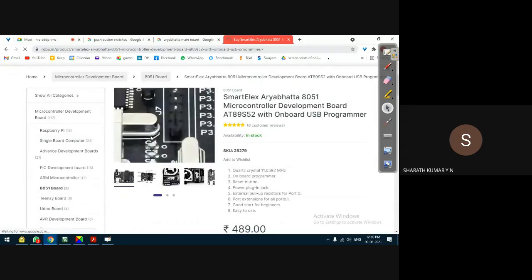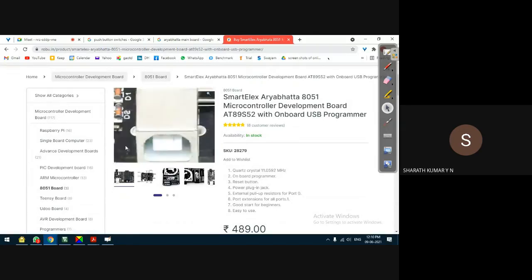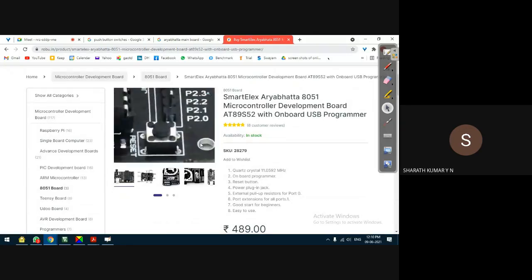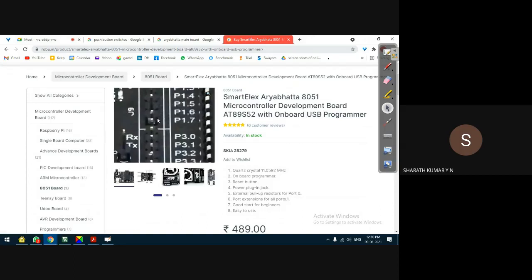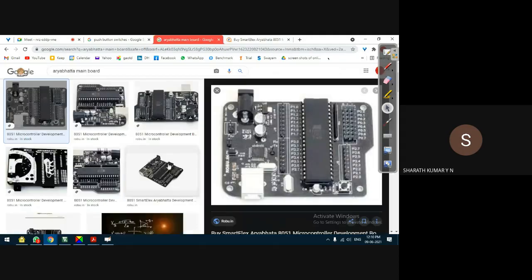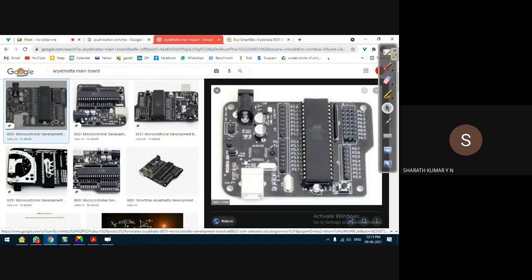This one is not clear. Can this open in another window? Is the crystal oscillator frequency visible?